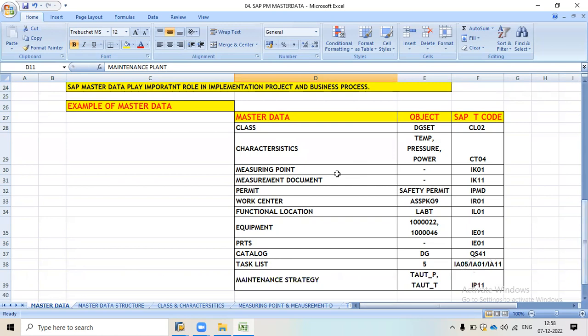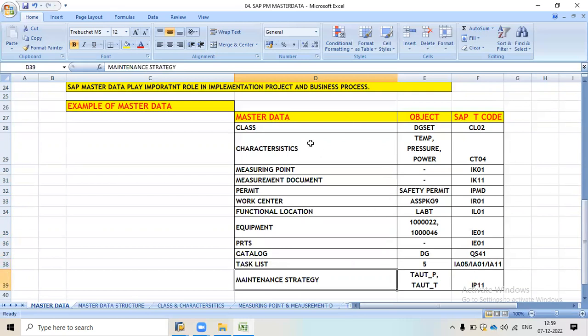And here I have maintained all the master data which comes under the PM master data. The first one is a class, second is a characteristic, third is a measuring point, fourth is a measurement document, fifth is a permit, sixth is a work center, seventh is a functional location, eighth is equipment, and next are parts, catalog, task list, and maintenance history.